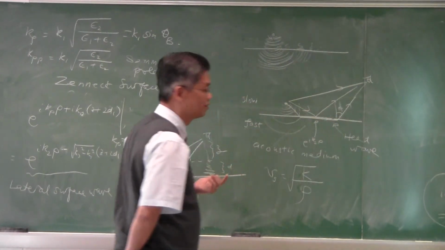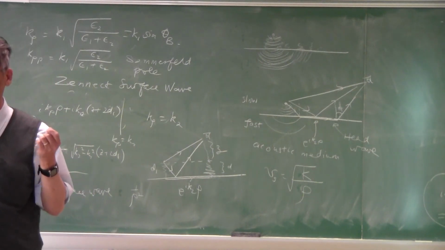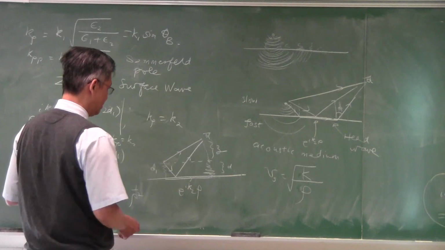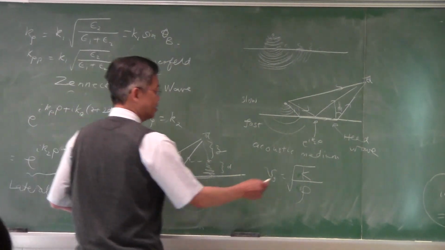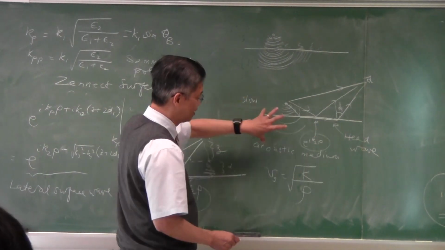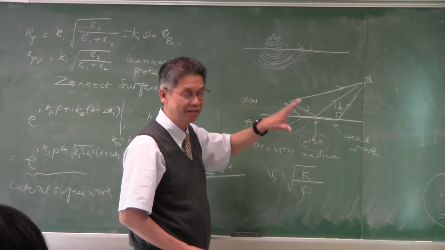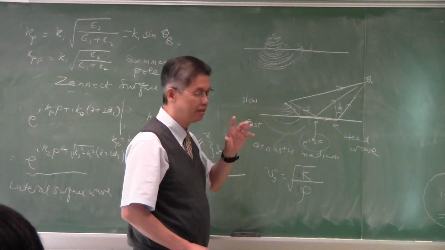Okay, so it has something to do with the Goos-Hänchen shift, but not completely. Because the Goos-Hänchen shift is something else, but this phase shift is entirely due to the fact that there's a spherical wave propagating in region 2. The Goos-Hänchen shift is not that. The Goos-Hänchen shift is a phase shift due to the